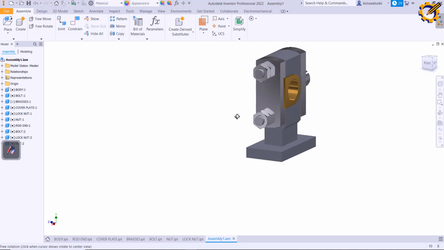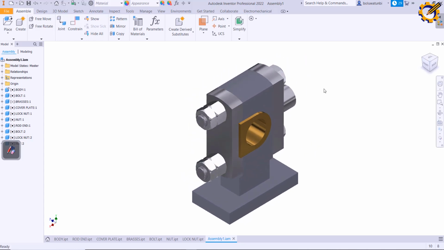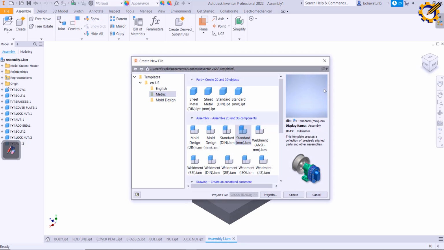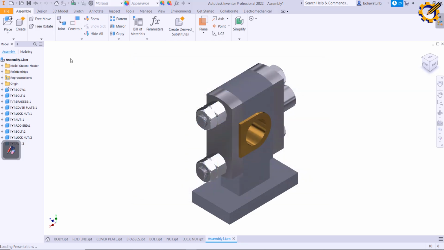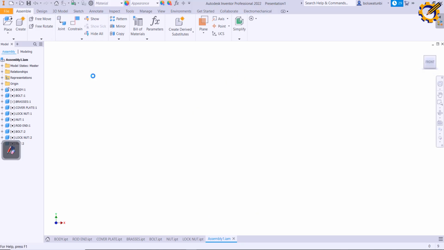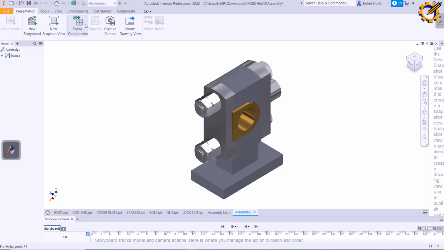Okay, now if I do the presentation view for this object, that's Control N. As I want to maybe assemble all this. So standard mm.ipn. So it comes here and I have this right here. So I'm going to click on tweak components. First thing I'm going to detach is a combination of